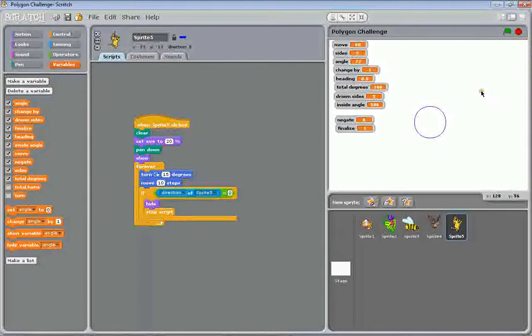Drawn sides is not part of this, that's not being updated. Actually, neither is the single degree, then the total degrees. That comes later. So most of these numbers come from the other program. Now, when we go to the Polygon challenge,